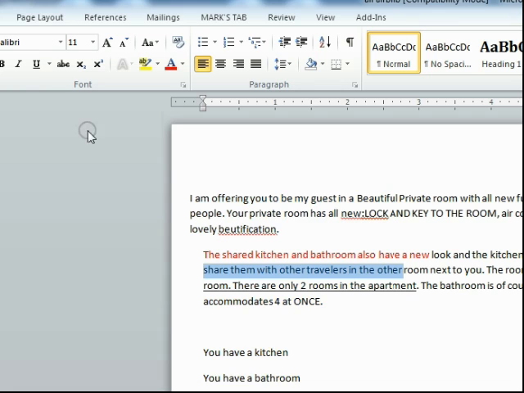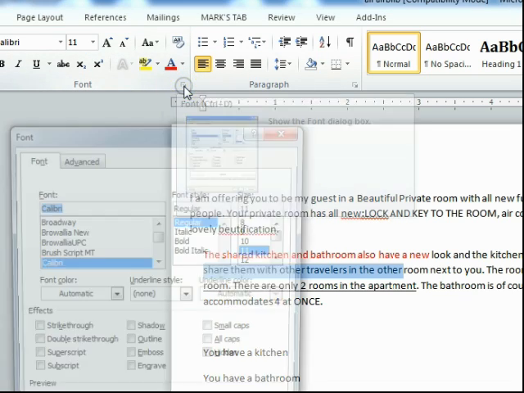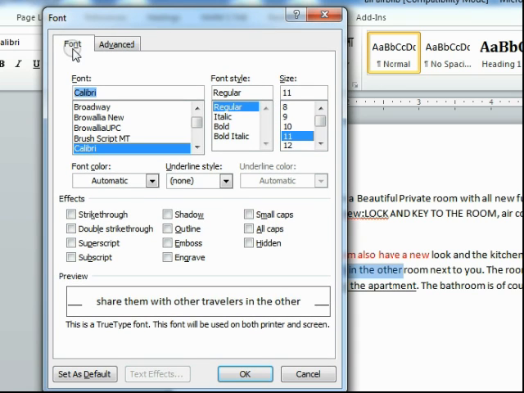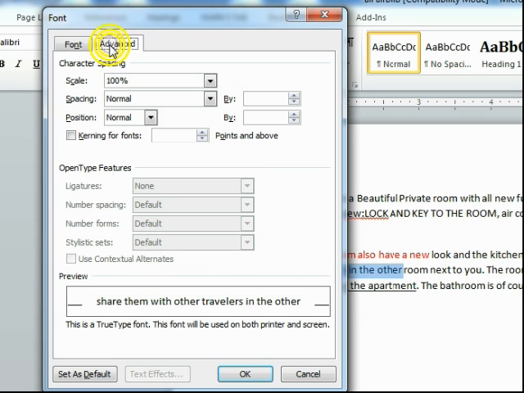It's quite simple. In the Home tab, in the Font group, click the corner arrow to bring the Font window. Now, the Font window has a Font tab with controls and commands that you are all very familiar with, and an Advanced tab that we will be learning little by little. Spacing is now set at normal. However,